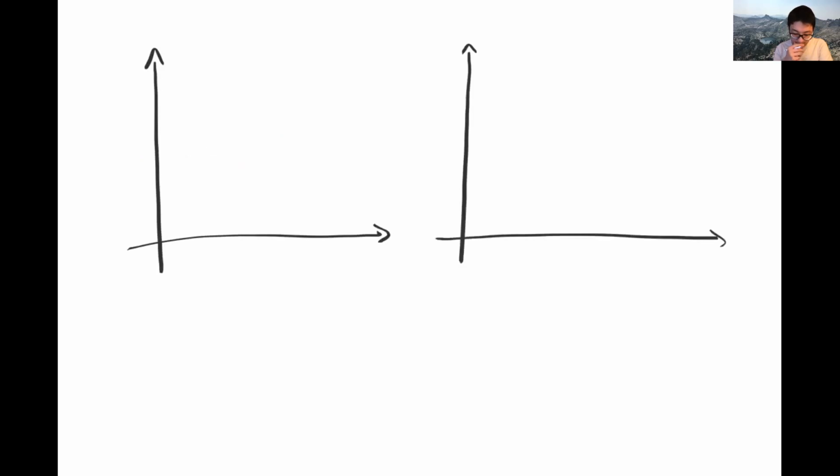So let me attempt to draw an example of what it's doing. Actually, let me make this a little bit bigger. Okay, let's see. 1, 2, 2, 1, 1, 2, 2, 1. Okay, so let's say these are my data points, and